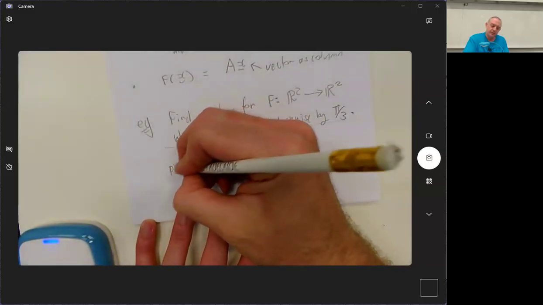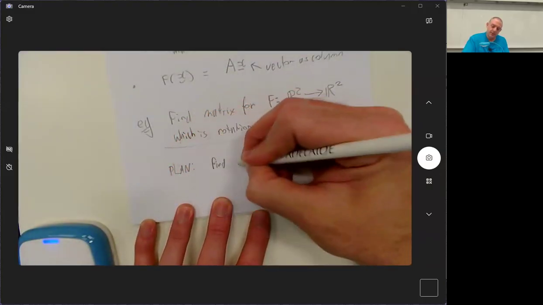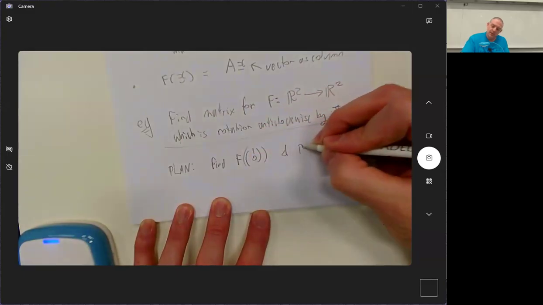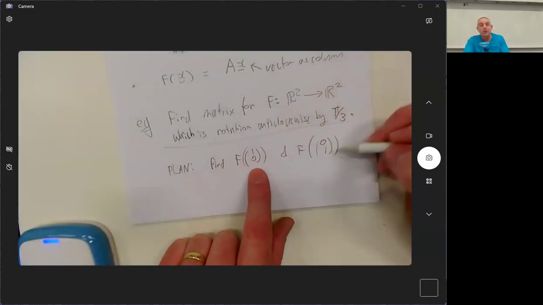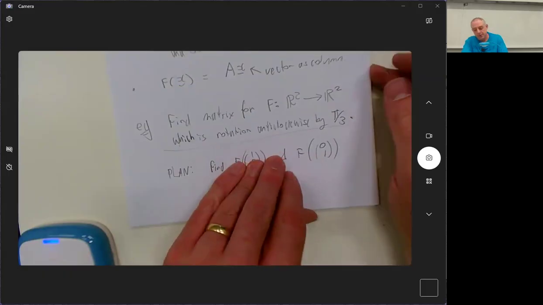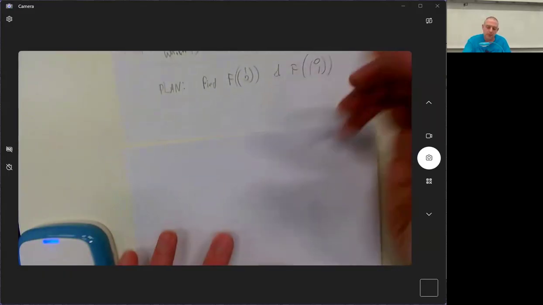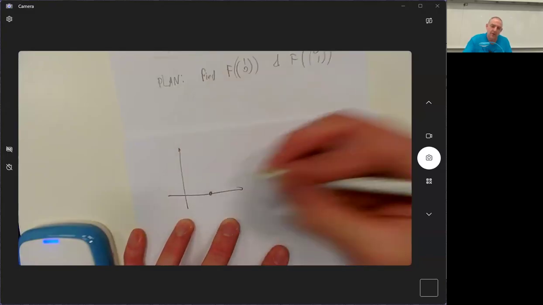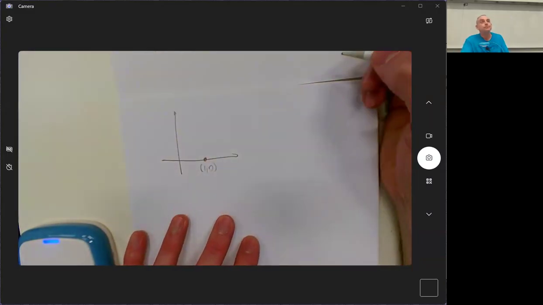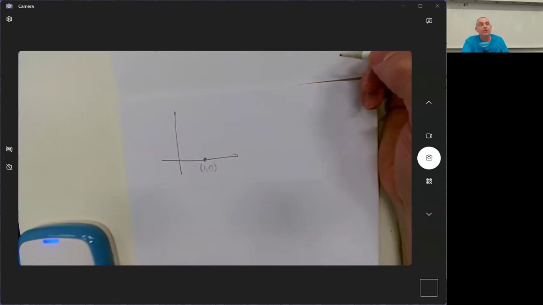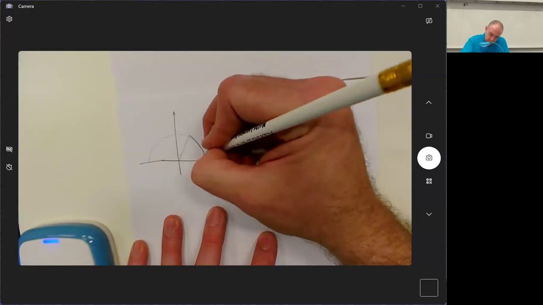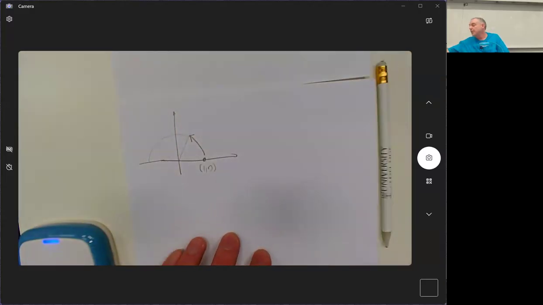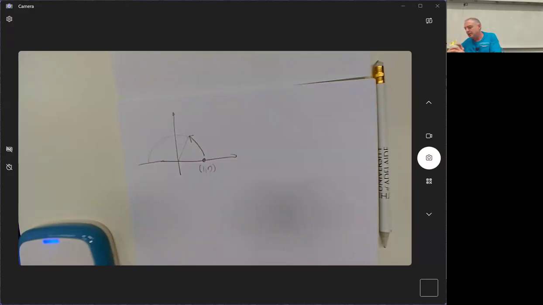So here's my plan. Find f of 1, 0 and f of 0, 1. I'm in R2. That's what I need to do. Okay. Well, there's 1, 0 as a point. And f of 1, 0 is that rotated by pi on 3, anti-clockwise, which is there. And so my output, which I will do in a slightly different colour if I've got one,